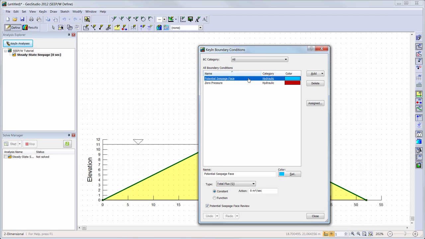The potential seepage face boundary condition can be used where you want the solver to locate the position where a seepage face may develop. This means that the solver will create a zero pressure boundary condition where the pressure of the nodes becomes greater than 0 kilopascals. The zero pressure boundary condition applies a constant pressure of 0 kilopascals or a constant pressure head of 0 meters